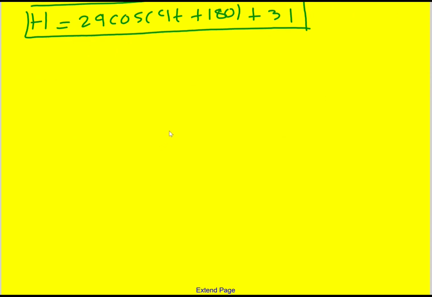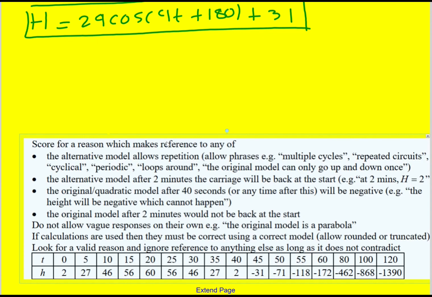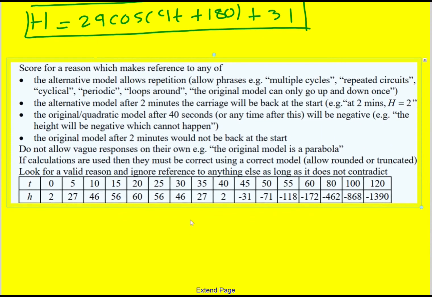I actually said the alternative model oscillates. I should have probably said, therefore, this model is repeated, whilst the original continues to decrease after t equals 20. That's what I said. Here's some things from the answer. As long as you talk about multiple cycles, repeated circuits, cyclical, any of these things,